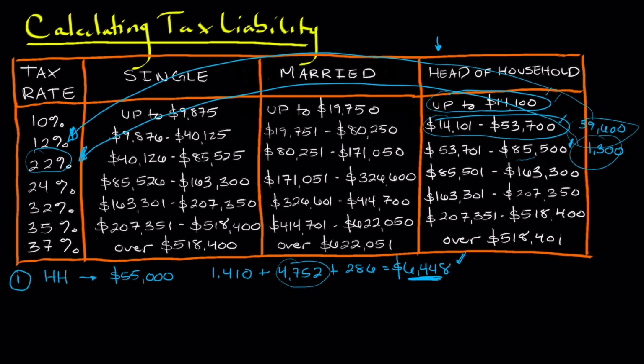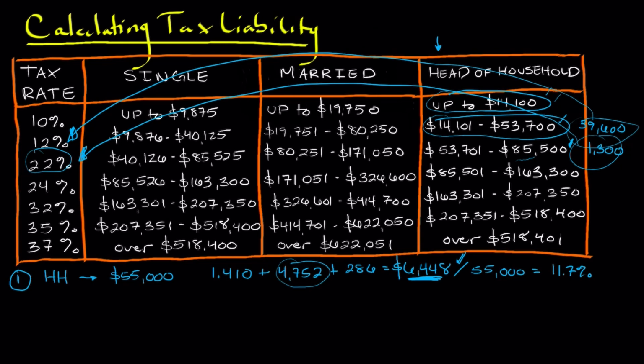So moving to effective tax rate, let's say we wanted to compute our effective tax rate. What we would do is take our tax liability and divide it by our adjusted gross income, which is $55,000. If you do that, you should get 0.117, which in percentage form represents 11.7%. So although based on our income we fell into the 22% tax bracket, we effectively are paying